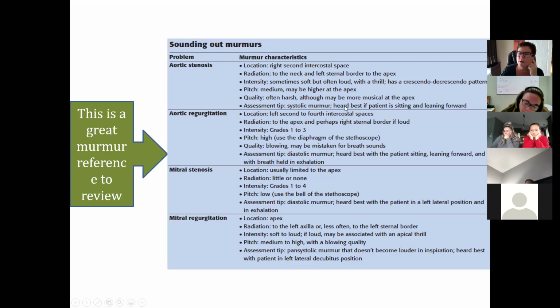It says systolic murmur best heard if patient is sitting or leaning forward. And some of these murmurs are better heard when you do an isovolumetric exercise. And so we're not going to ask Buddy to do jumping jacks or anything. We're going to ask him to open and close his hands like this. That's an isovolumetric exercise that can change the quality or sound of a murmur. And find your go-to physician